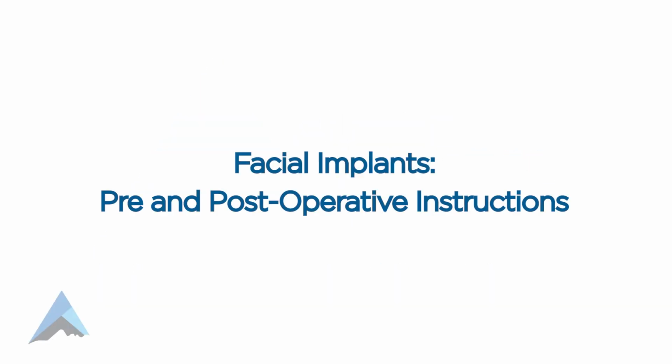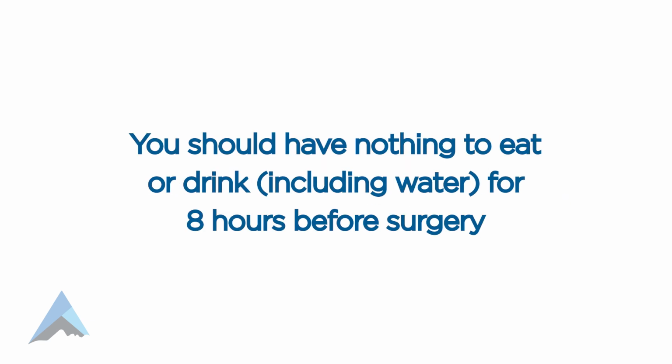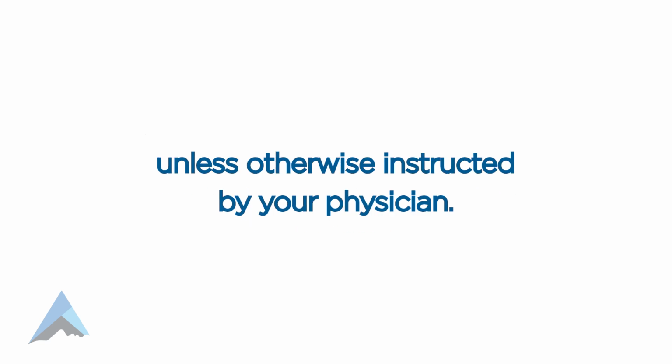Facial implants. Pre- and post-operative instructions. Preoperative instructions. You should have nothing to eat or drink, including water, for 8 hours before surgery unless otherwise instructed